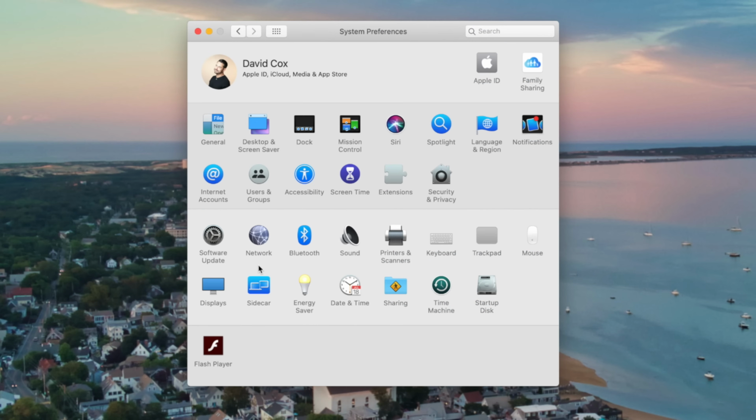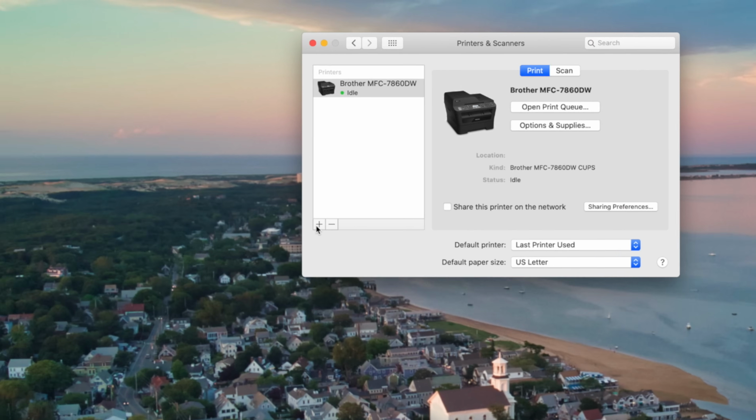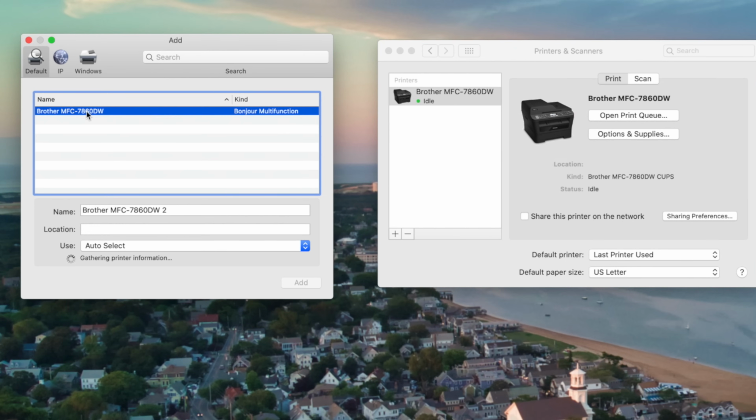One of the areas that is so much easier on a Mac compared to a PC is when it comes to adding a printer or scanner. Just go into this option, connect the printer to your Mac, turn it on, click the plus button that you see right here, and that's pretty much it. If your printer is wireless, there may be a couple of other steps, but those are usually all done on